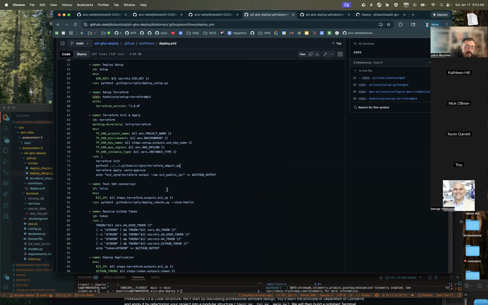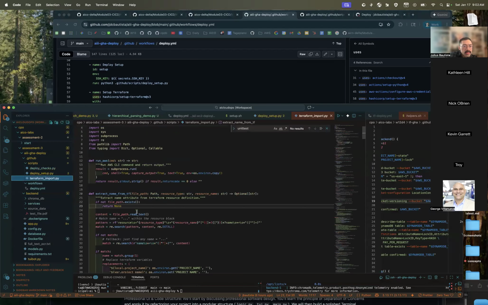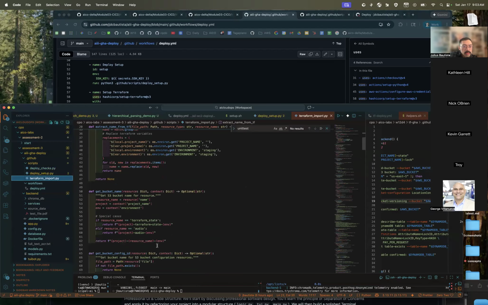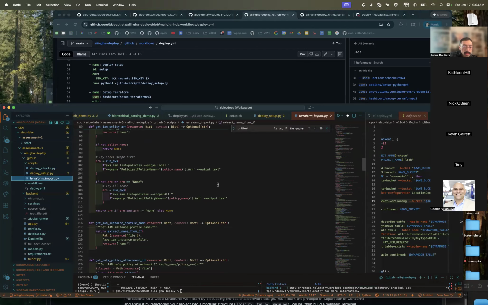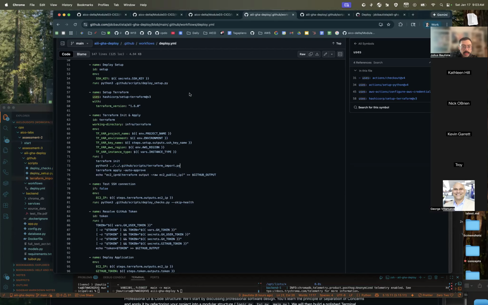We can always push and commit at the end of the workflow to save state so that we can just have it in the repository. Or we can do some scripting magic and import Terraform resources into state using AWS commands. And that's really what this Terraform import script is. Just a bunch of functions made to import resources into state.